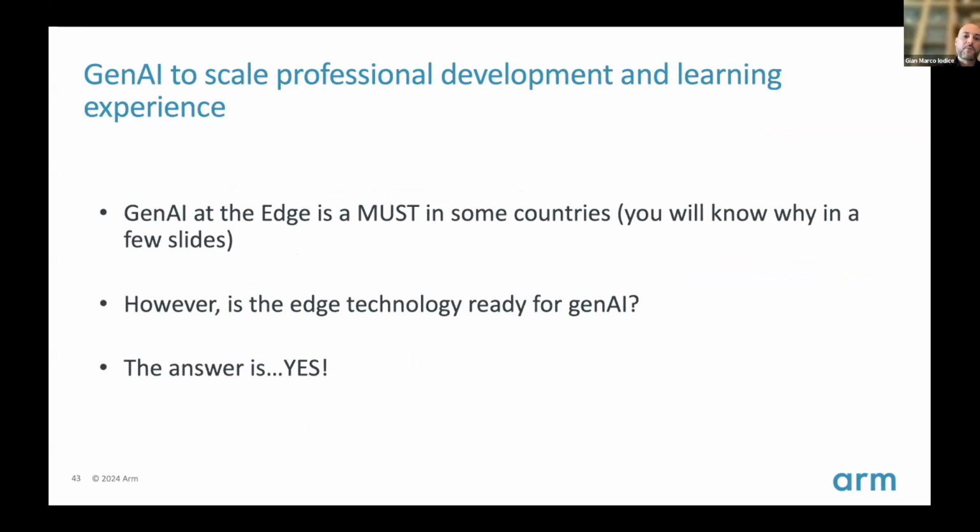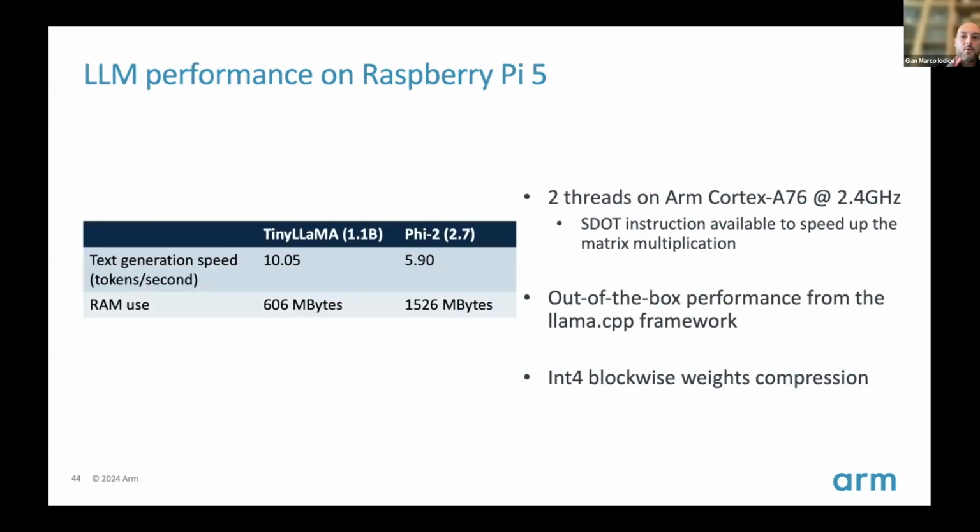But of course, the question from UNICEF was, where are we with the technology, because we cannot look at the technology in 4 or 5 years' time. It's too late. We need not today's technology, we need probably also the past technology to work well. And the answer was, well, actually, we can already run these models also on the Raspberry Pi. And this is also a presentation that Pete Warden delivered at the Tiny AI Forum. Also here at TAM, we did some experiments, and we can certainly say that we can run it also on Raspberry Pi. And if they run, it is because of what we have done so far